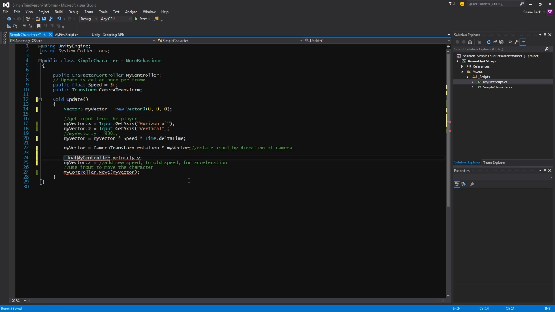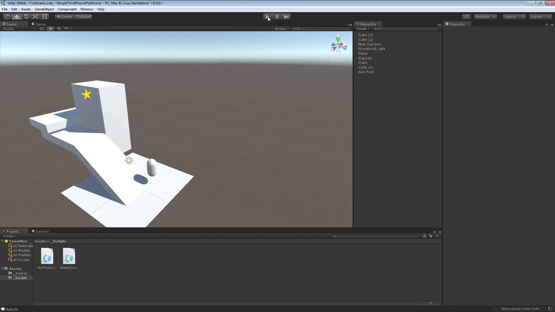so we'll create a float, which is, remember, just a normal decimal number. verticalVelocity, the name is irrelevant just as long as it makes sense, equals myController.velocity.y. And then it's going to be myVector.y, not myVector.z, that we set. And in order to get it properly, if we simply set verticalVelocity to myVector.y, then nothing will happen. So if we hop into Unity,